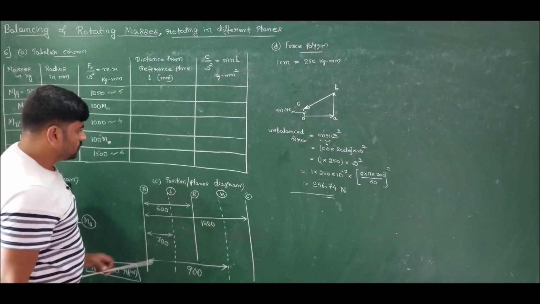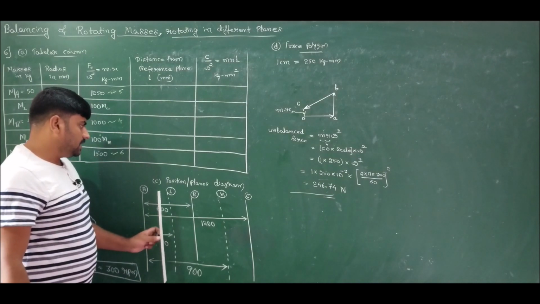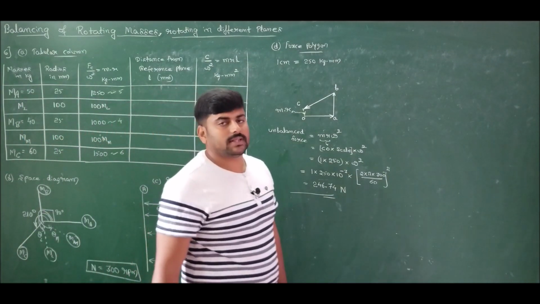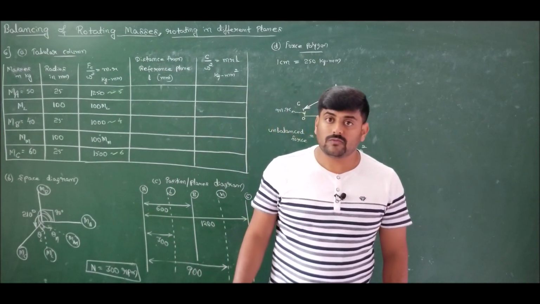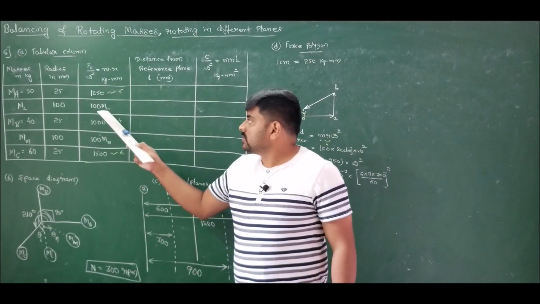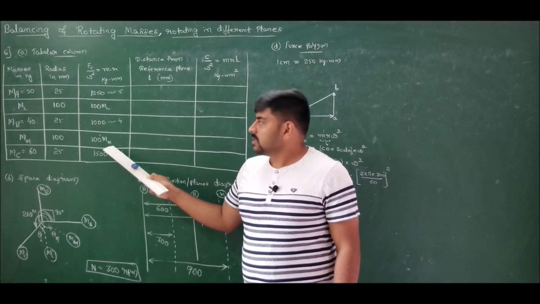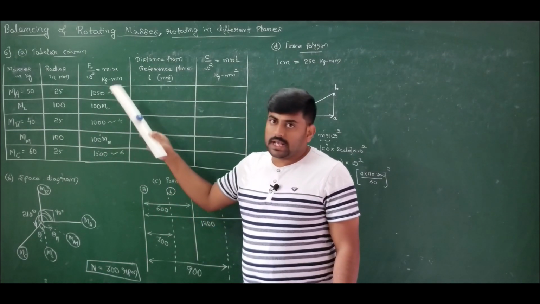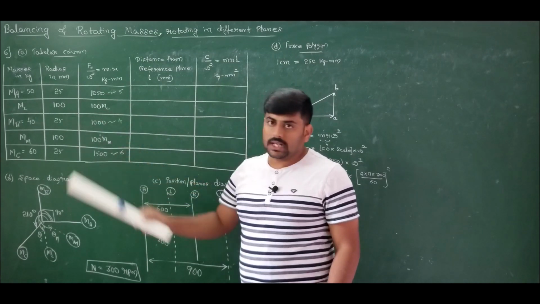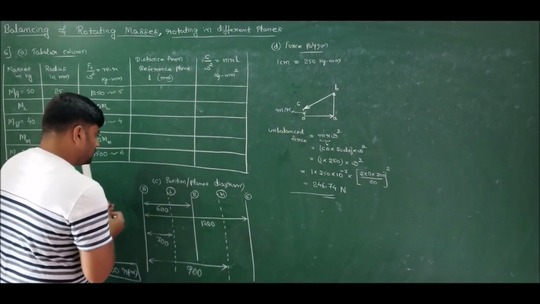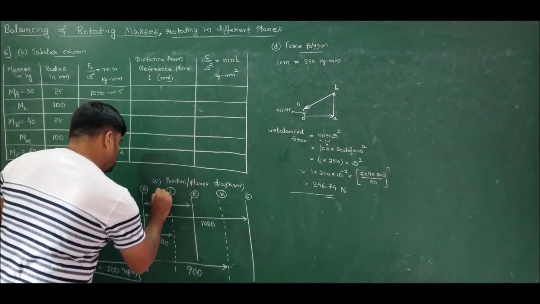Now as usual I should choose the reference as either L or M. This is because I should choose a reference plane in such a way that I eliminate the maximum number of unknowns. Here we have two unknowns, magnitude and direction. If I choose this I will get more negative values, so therefore I will go with L. I will choose L as the reference plane.